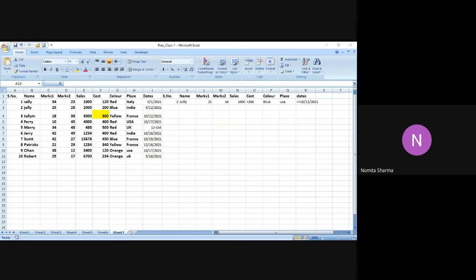In today's class, we're going to practice some more functions that we have in MS Excel. And these functions belong to the category of database functions. They include dsum, daverage, dmax, dnum, dcount, and dcount_a. So let's get going and let's practice these functions one by one.